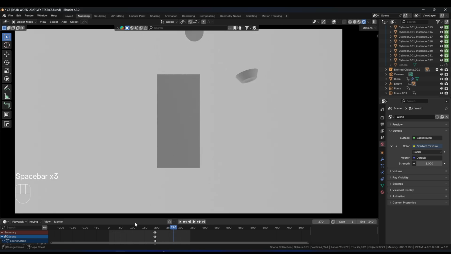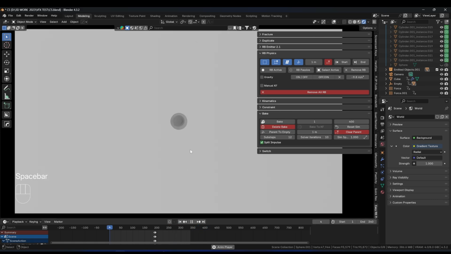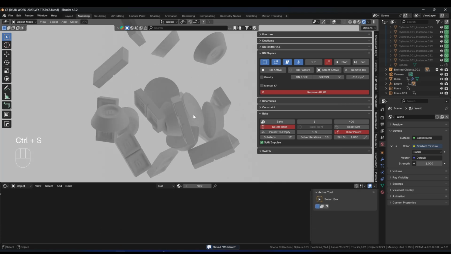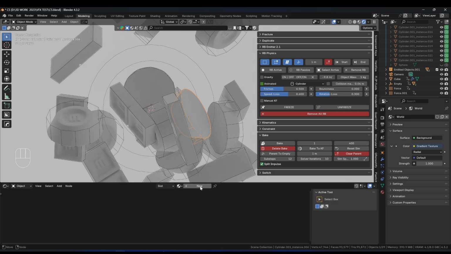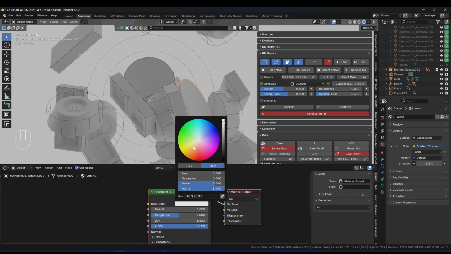Now let's bake it so it will work faster, and we make sure that Blender will not crash on us when we're working with the texture. For the texture, let's select a piece of chocolate and add a new texture, and let's choose maybe